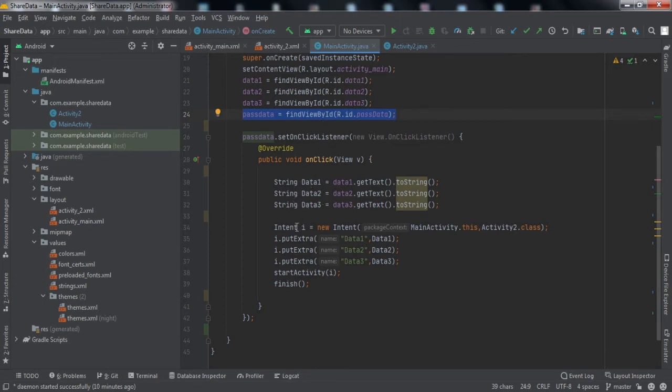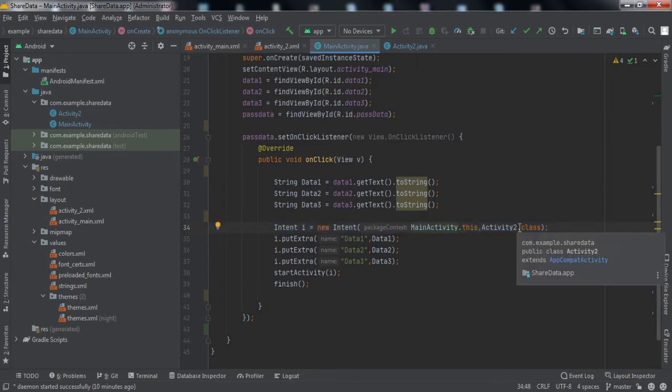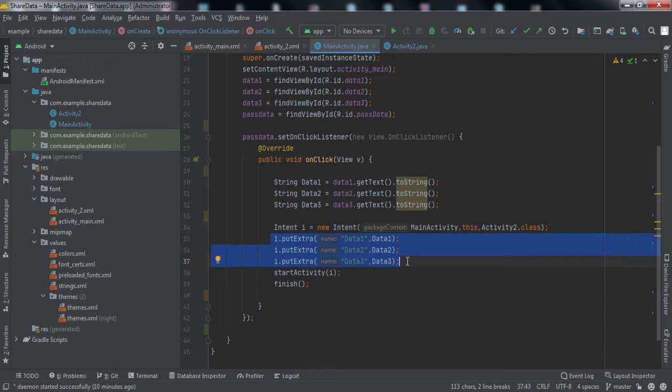So for switching to another activity, this is the normal procedure. We have made the intent object and passed the context of this activity and the second activity as well. So this is the main code. If you want to send data to the activity for which you have made the intent, you'll simply call the method putExtra.